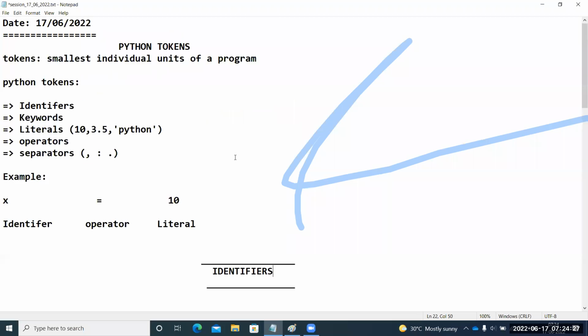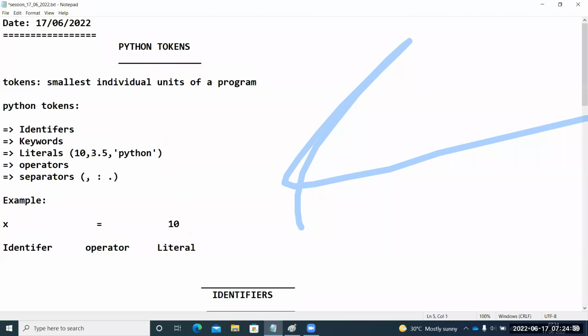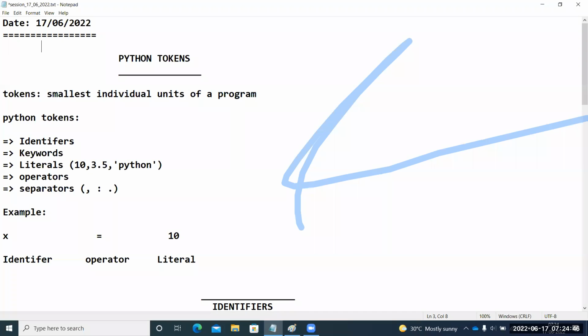Every concept I will cover. What are the actual syntax rules, and what are the best programming practices that you should adopt? Understand? So that's how our session goes. Now let us first start with the first topic, that is identifiers in the Python language, guys, right? Identifiers in the Python language.